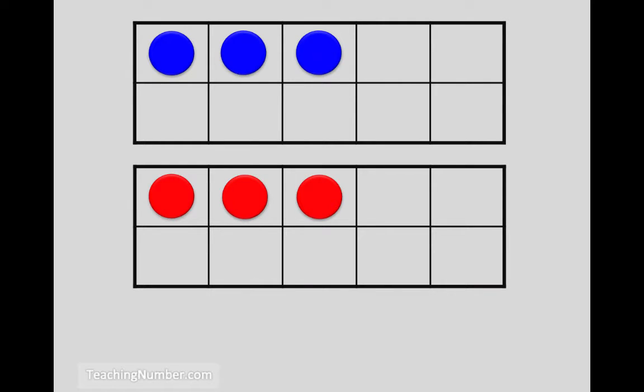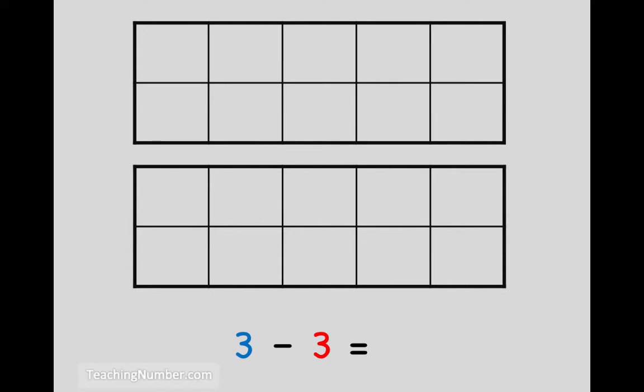As long as we add or remove the same number of items to both groups, the difference between the two groups will remain constant. We can use our knowledge of compensation to model subtraction on 10 frames. In this example, we have 3 counters in each 10 frame, representing the subtraction problem 3 minus 3. If we remove 3 counters from each 10 frame, we can see that this is equivalent to 0 minus 0,